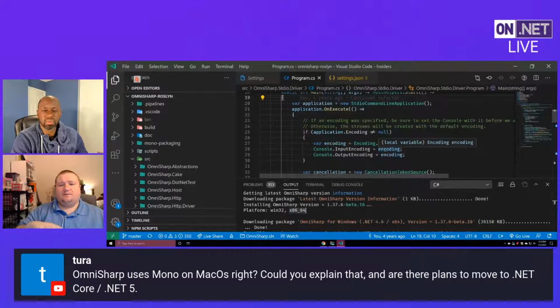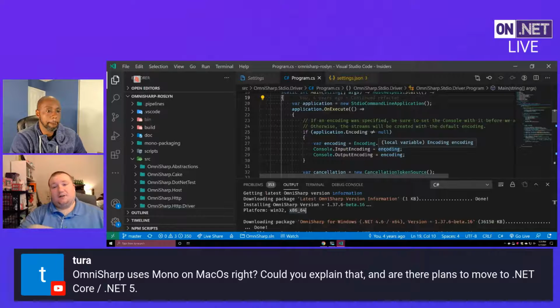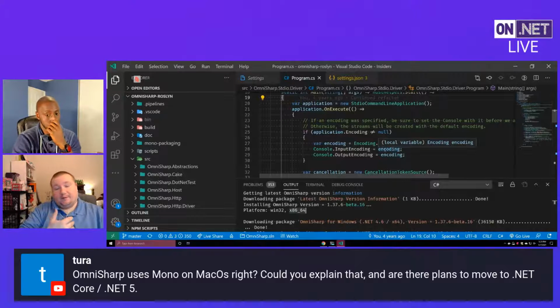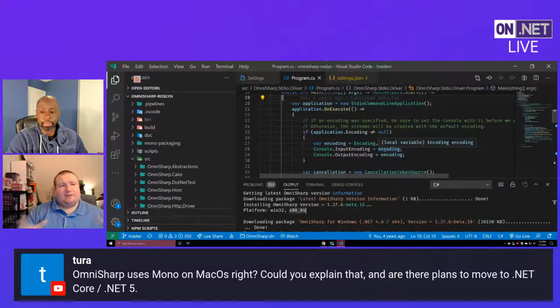A couple of the guys on the team have been talking to the Unity developers to figure out whether we can get this migrated to a new SDK style project so that we can load those properly. Part of the reason that we still stick to Mono is because we have support beyond just .NET Core. We have to support, even try as best we can, old desktop .NET projects as well. That's why we stay there. On Windows, it's the same reason we use the .NET Desktop Framework as opposed to .NET Core, because we can do all of the desktop stuff, assuming you have all the correct MS Build SDK bits installed.